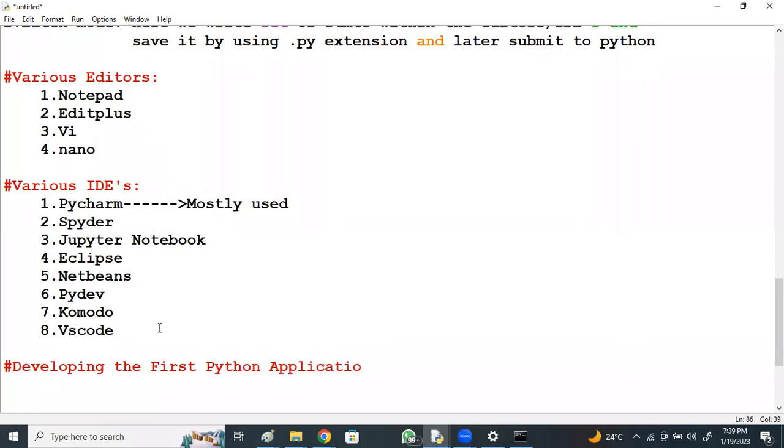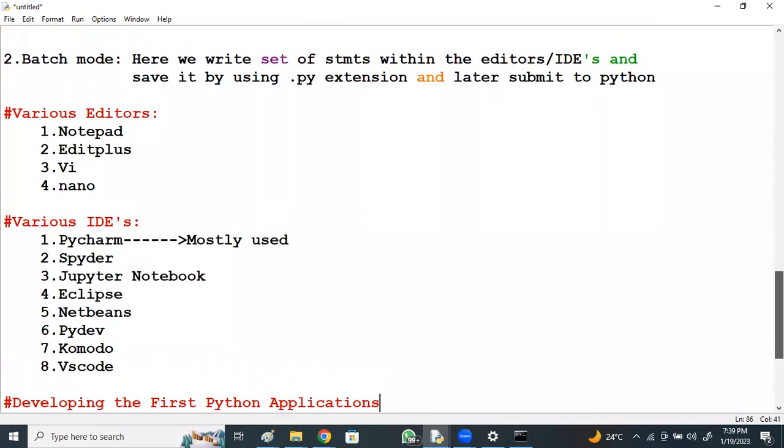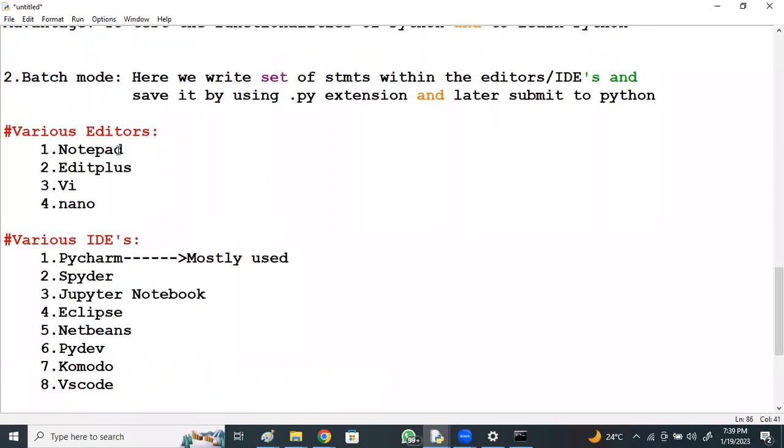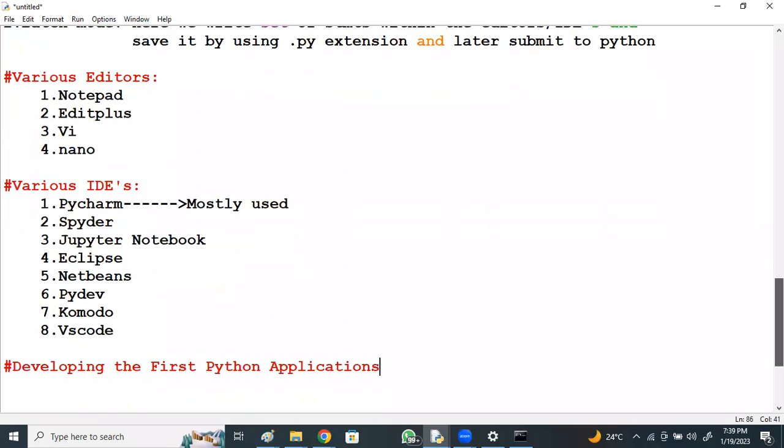For Mac, do we need to install any editors or can we use IDEs? Editors, one second. You can take any editor, not a normal text editor. You can create a .py file, save it, and you can execute it. I'll show you how to do the same in Mac also.